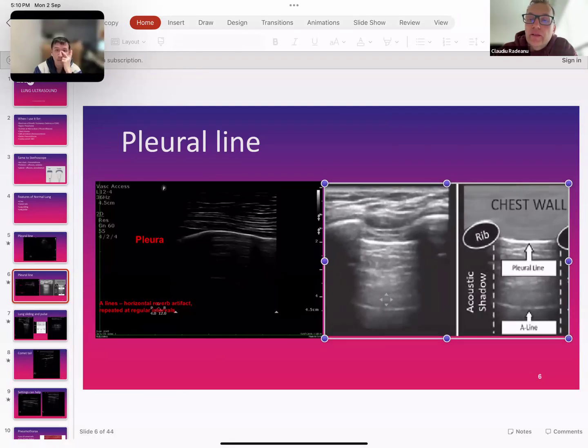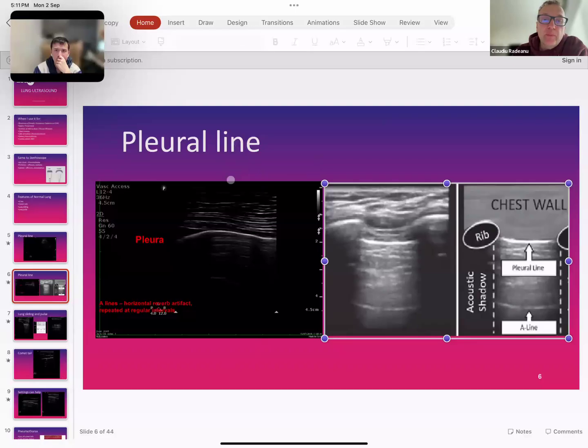This is A line, and that is coming back. The A line is, let's imagine that you put two mirrors in front of you, okay, and you put a source of light and you put an image in front of it. The light goes into the mirror, and then it bounces into another mirror, and you get this. When you look at the mirror, you'll see multiple images, the object, and multiple mirrors down. So you have the sensation of depth. So basically the same thing happens with the